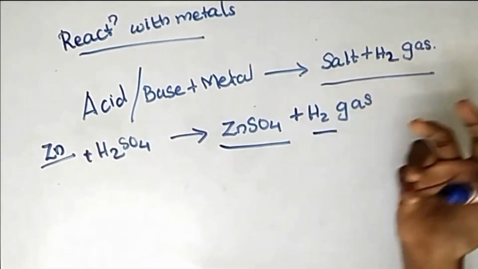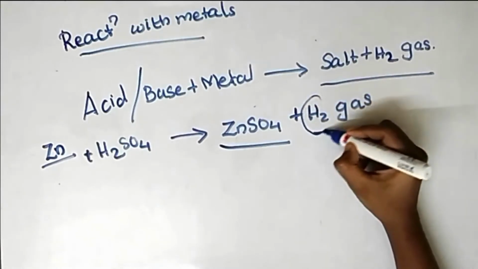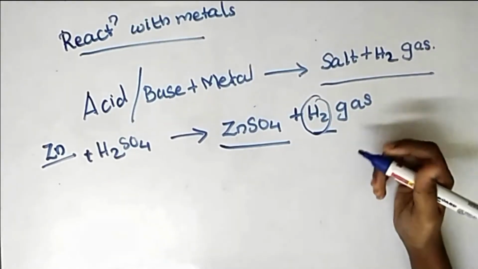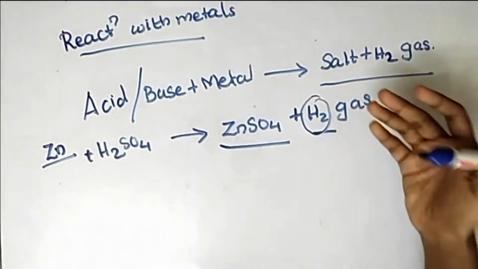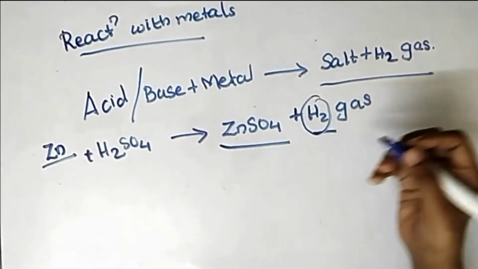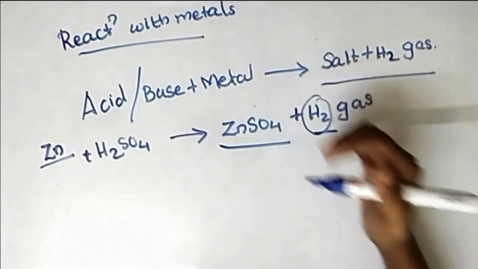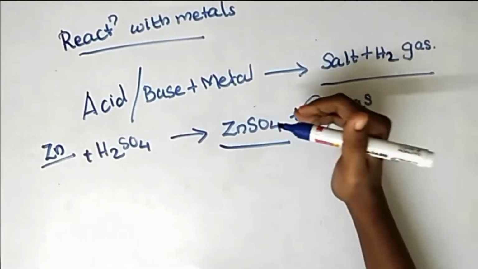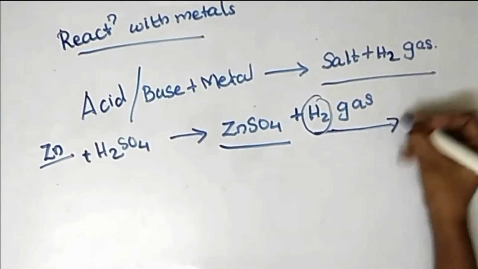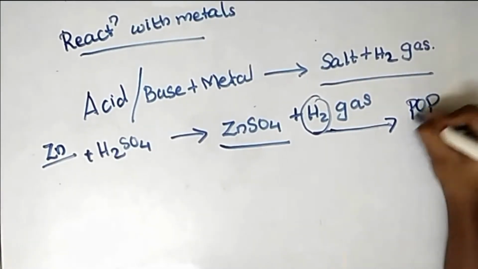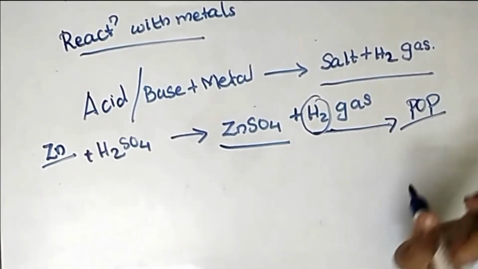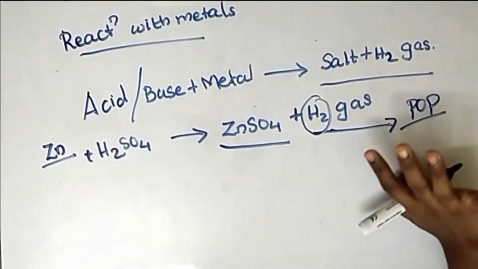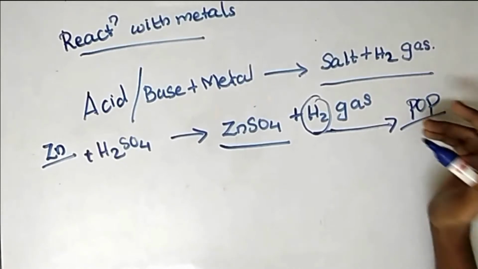So the basic equation is satisfied here. How can we confirm that the gas formed is hydrogen gas during an experiment? We can't see this gas, am I right? So how can we confirm that this gas is hydrogen? For that, during an experiment, when a gas evolves, show a burning candle to the gas. If the candle burns with a pop sound, it is hydrogen gas. So remember that hydrogen gas always burns with a pop sound.